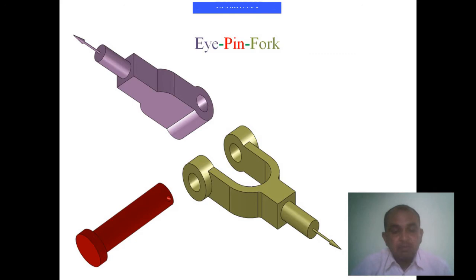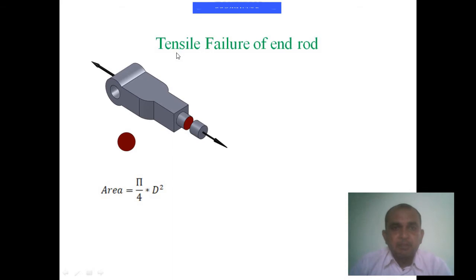These are the various assumptions for the stress analysis of the knuckle joints. In detail, initially we apply the load on the individual components based on the free body diagram, and find out the stresses, finding the cross sectional area of the elements against the applied load and the stresses present in the elements. Knuckle joints can be used for some load carrying capacity. First, find out the tensile failure of the eye and the rod. This is the eye and this end.